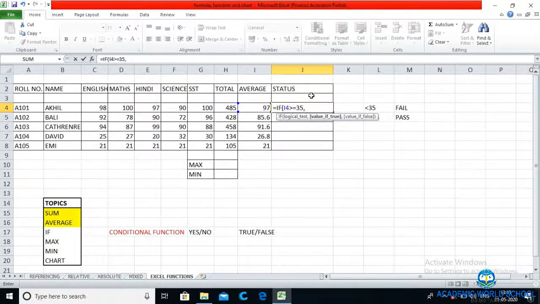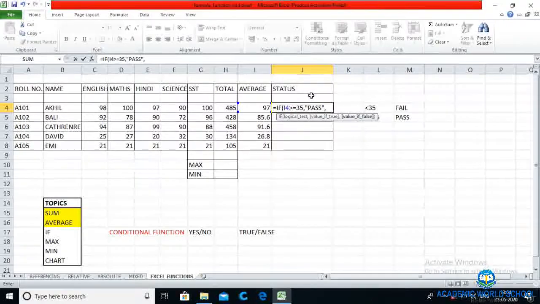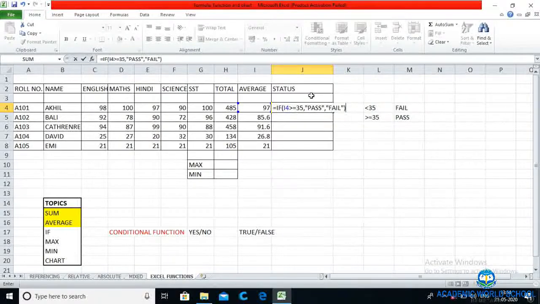If I4 is greater than or equal to 35, then the student is pass, otherwise fail. Look at the syntax carefully. What I have written is: if I4 is greater than or equal to 35, then the student has passed, or he or she has failed.